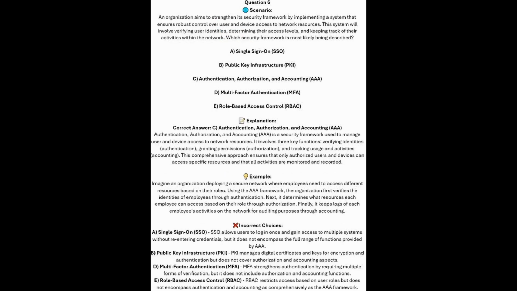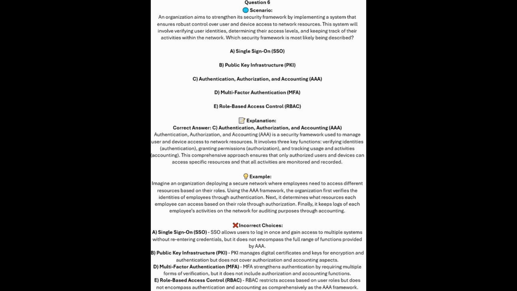And the correct answer is C. Authentication, Authorization and Accounting, or AAA. Authentication, Authorization and Accounting, or AAA, is a security framework used to manage user and device access to network resources. It involves 3 key functions: verifying identities, or authentication, granting permissions, or authorization, and tracking user usage and activities, or